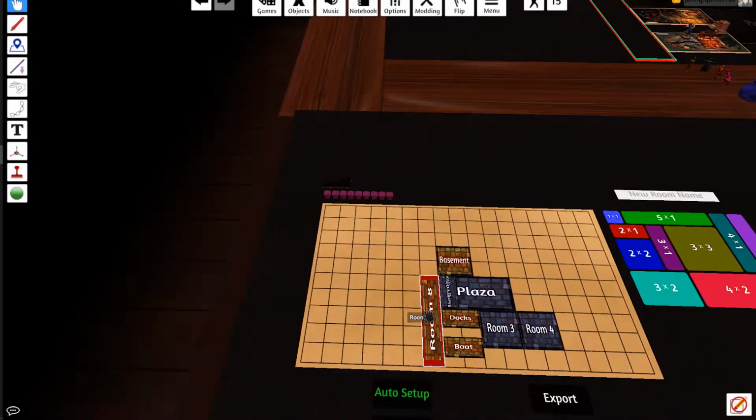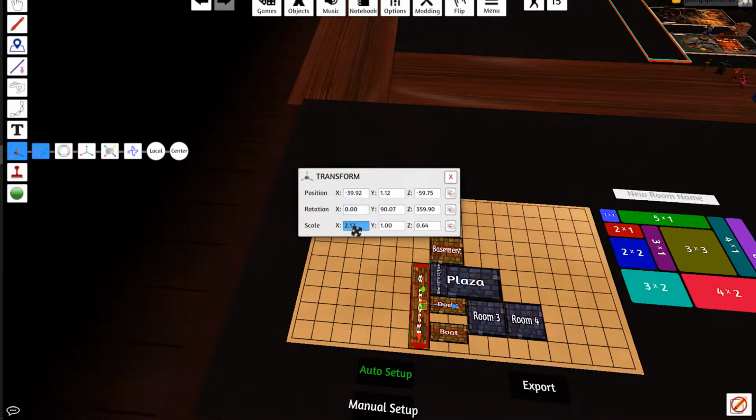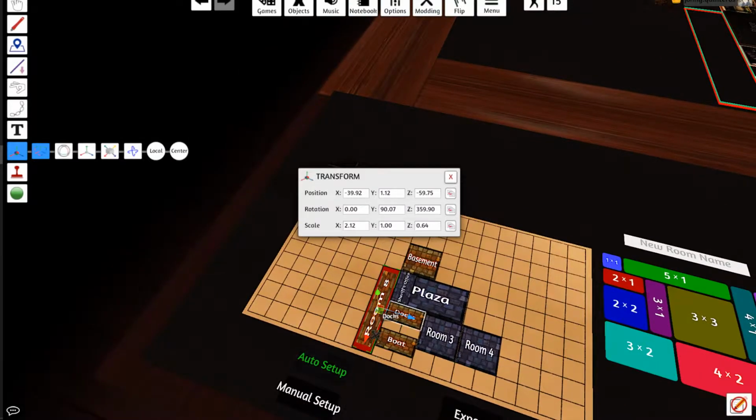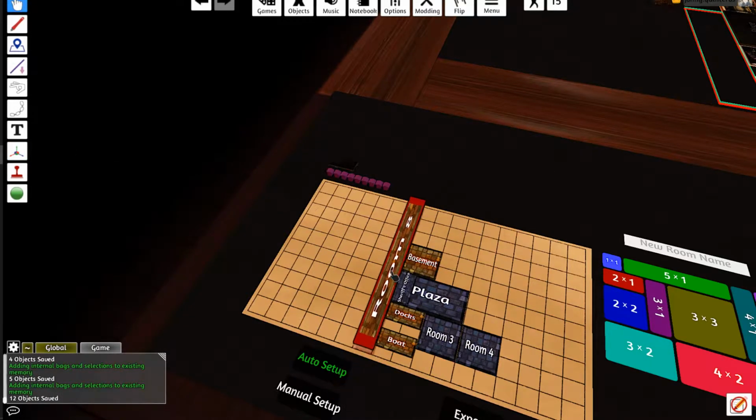Instead of being 5 by 1, I come to this tile and I'll tell it to be the scale X is the one that goes from the R to the 8. So I'll double this one to 4 to 4,